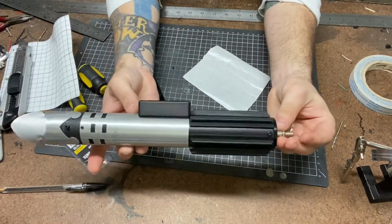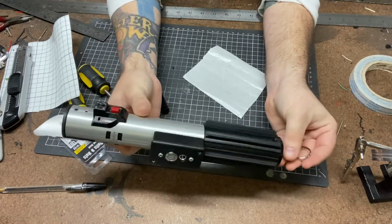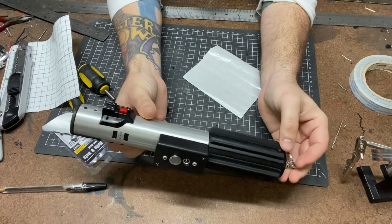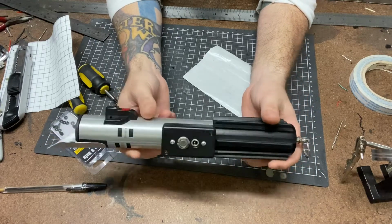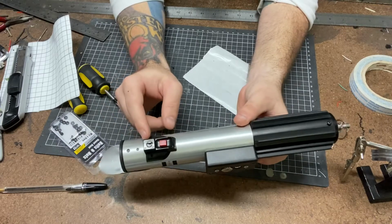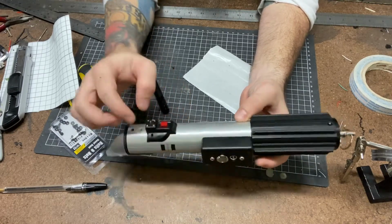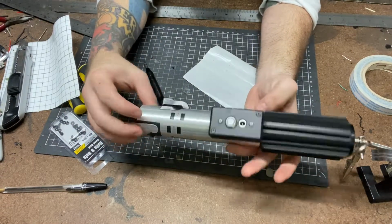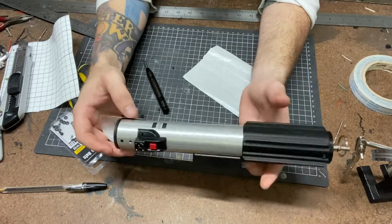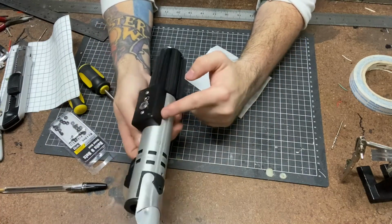That is a holiday special. That's so good. Now, there's a couple other little bits and pieces that will need to be done with this, but I'm going to call that done for the most part. This is just double-sided taped on. Eventually, I will have to get a very tiny tap and tap for the two factory screws to go into there. There's a couple other little screw holes that need some doing, and this control box needs some